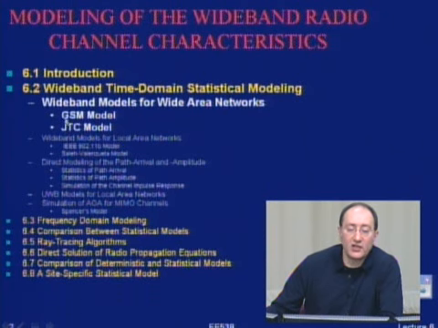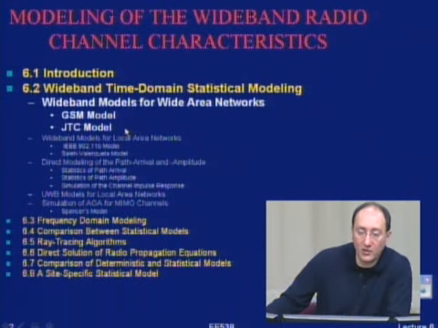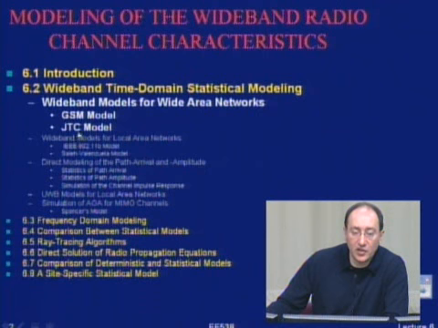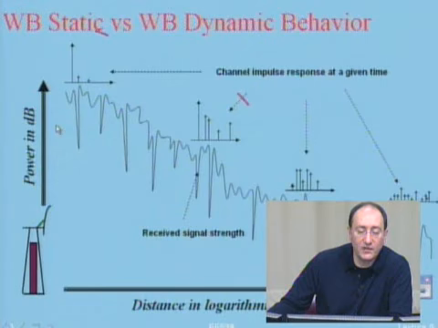These two models, I call them wideband models for wide area networks. GSM is for cellular systems, JTC is for PCS networks, and I consider both of them like wide area networks, though PCS systems are local in general. Some people call them local, but in my vocabulary, local is wireless LAN and WPAN, which comes as the next section. So for the first section, my examples are the model for GSM and the model for the JTC,